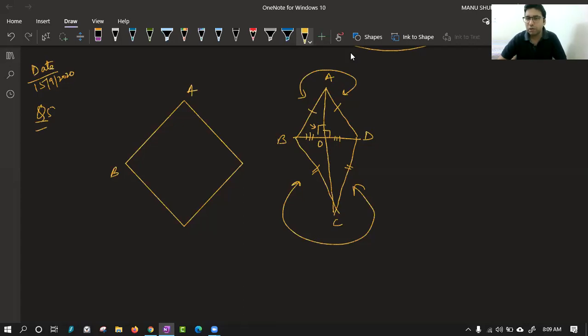Okay, Piyush. Two pairs of adjacent sides. Kamaljyoti is saying congruent angles is also a property of a kite. Yes, angles B and D are equal, but that will not be used right now. So we can just concentrate on this much. Now, let me start the question and see how we can utilize these properties of a kite.